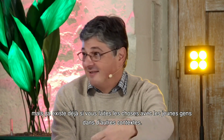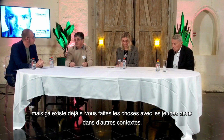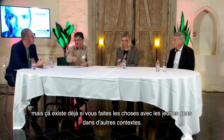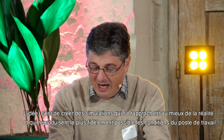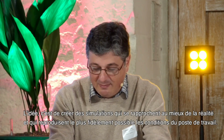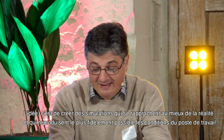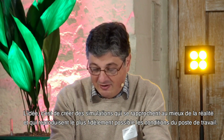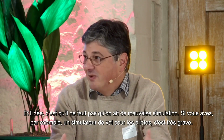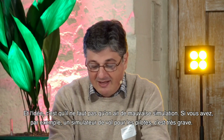But it also exists when you organize something in nature with young people and they have to find some leaves or stones by themselves. Yeah. The challenge is to design simulations that are as close as possible to reality and which reproduce as faithfully as possible the conditions of a workstation, which is the most difficult thing for the technicians, without being as critical as a